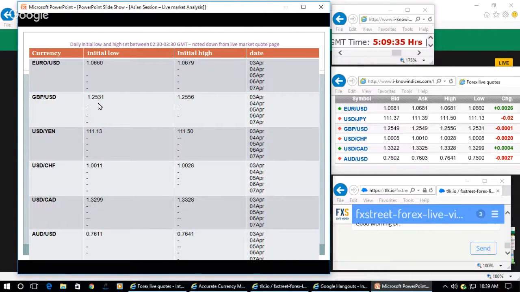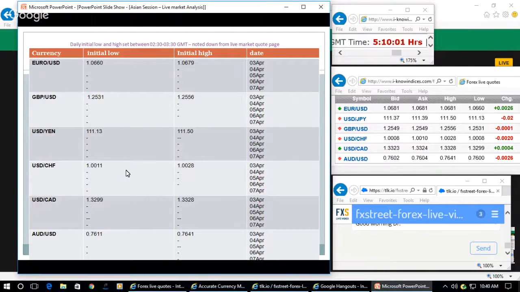Then in the case of GBP, 1.2531 is the low, which has not been breached. The high is 1.2556, which is also not breached. So the low and the high are intact. Then in the case of yen, 111.13, 111.50 are the lows and the highs. They have not breached the low or the high. Then CHF,